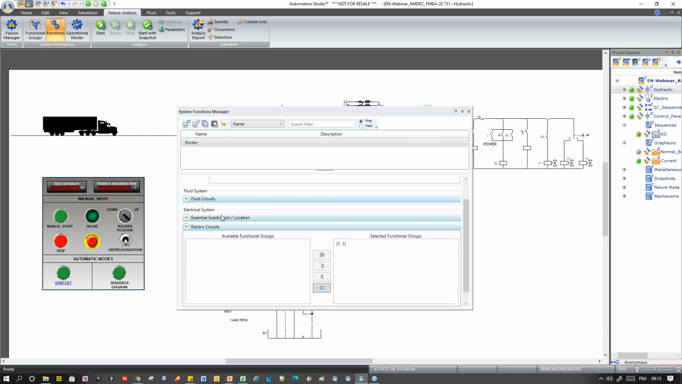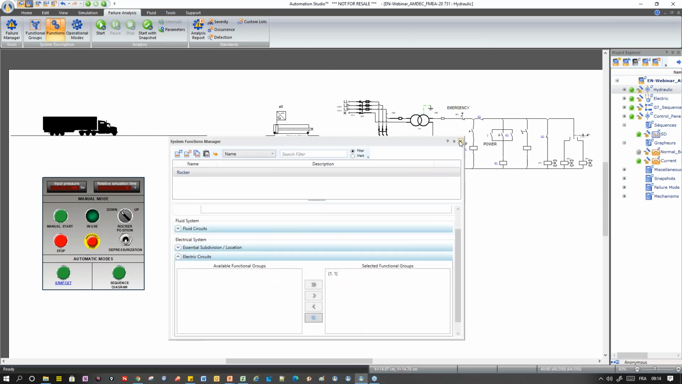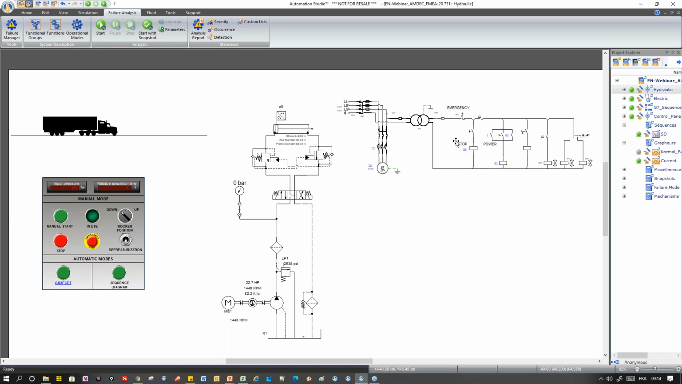So what you have to remind here, when I create a function, I name it, and I select all the functional group components that participate to it. So it is easy here, I select everything, okay? As soon as we have done this function, we have created the function, we have to declare what operational mode